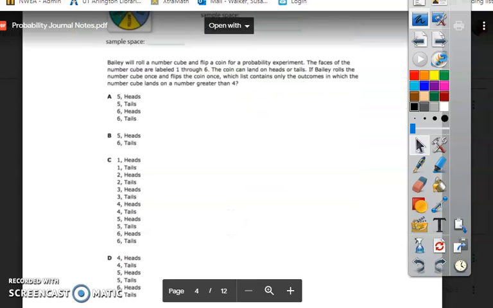Last question. Probably won't even have time. Bailey will roll a number cube and flip a coin for a probability experiment. The faces of the number cube are labeled 1 through 6. The coin will land on the heads or tails. If Bailey rolls the number cube once and flips the coin once, which list contains only the outcomes in which the number cube lands on a number greater than 4? Okay? So we only want the 4. Everything greater than 4. That means we do not